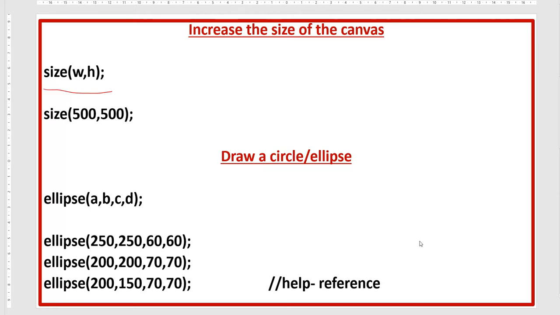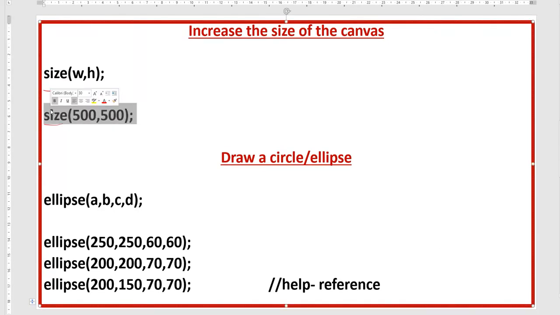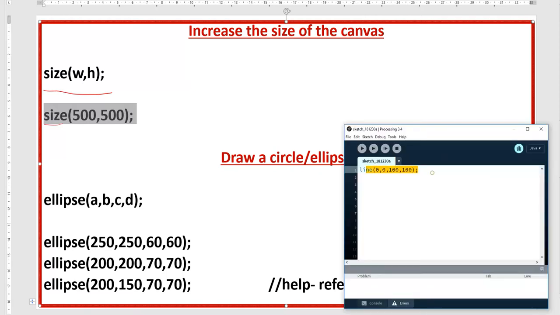But actually, if you want to increase the size of the canvas, you have to write size, S-I-Z-E, in lowercase. Again, I am focusing on lowercase, then parentheses, 500 by 500, and then a semicolon. I will run this for you in a canvas and you will see the size of our canvas will then be 500 by 500.